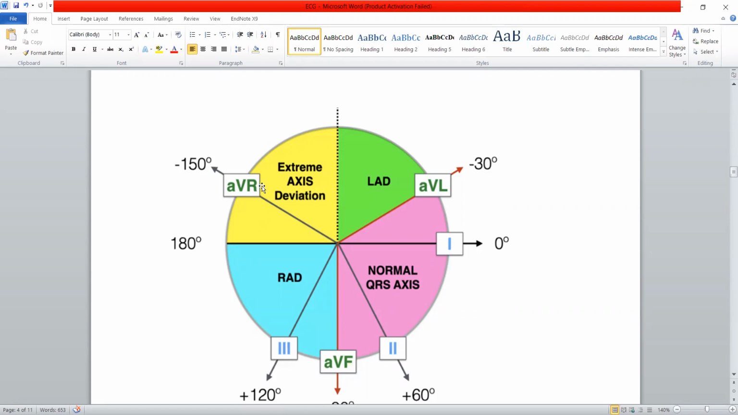So I hope the normal cardiac axis and the left axis deviation, right axis deviation, and extreme axis deviation is clear to both of you. If you want to ask any question, yes. Yes, location of the leads, I'll tell you in the next slide how to memorize the location of the leads. For now, just remember